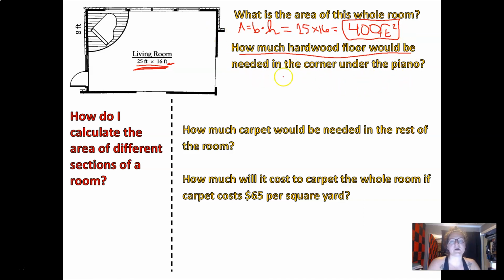And then in this next part, it says how much hardwood floor would be needed in the corner under the piano. So this is again area. If you're looking for flooring, they want you to find the area. And if you look over here, the area under the piano is part of a circle. See how it's got that roundness to it? That tells you we have a circle going on. And so the area of a circle was pi